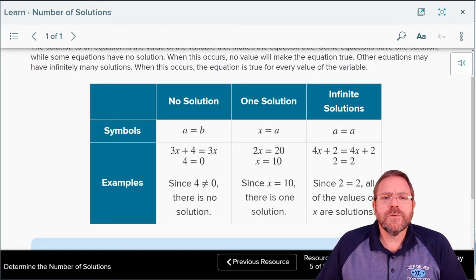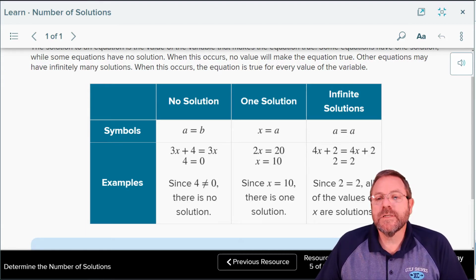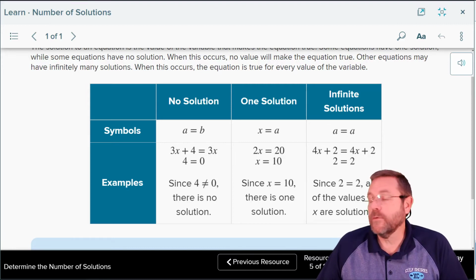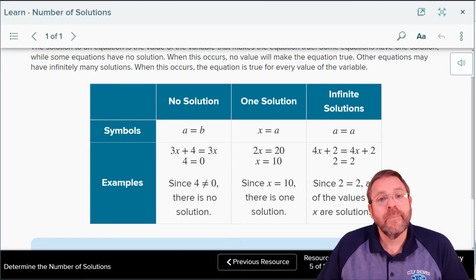Now if you look at the structure of these problems, in this one here, both sides are identical. And if you get an equation where both sides are totally identical, 4x plus 2 equals 4x plus 2, you're going to have an identity. There's going to be an infinite number of solutions. If you have something like this where 2x is equal to a number, that's going to give you one solution. And if you get something like this one here, where if you were to subtract the 3x's from both sides, you are going to get two different numbers because the x's themselves will be gone,